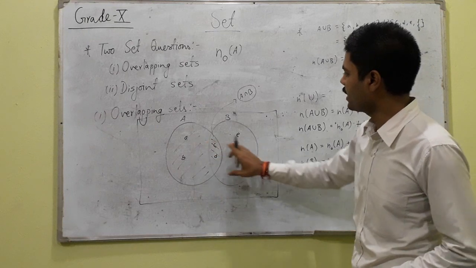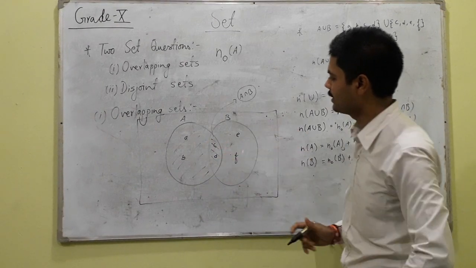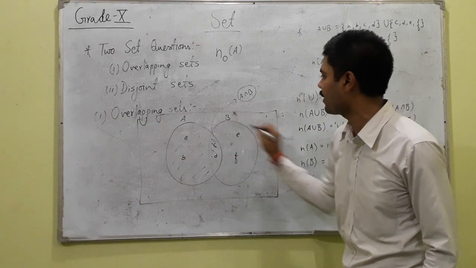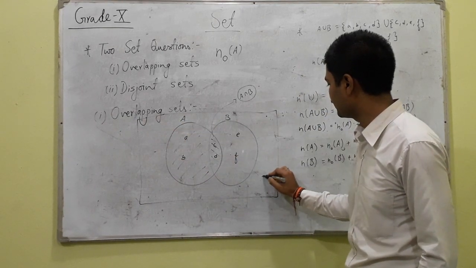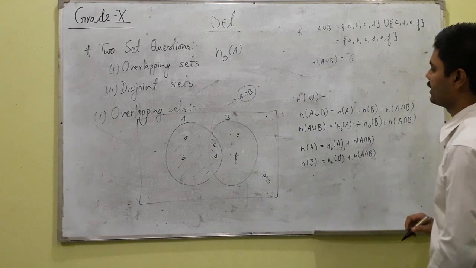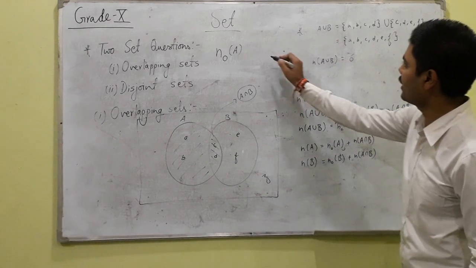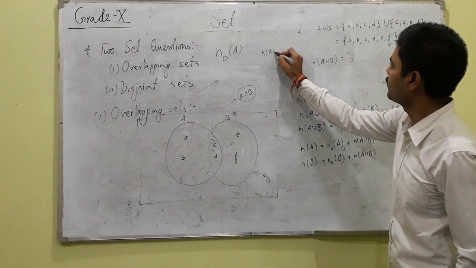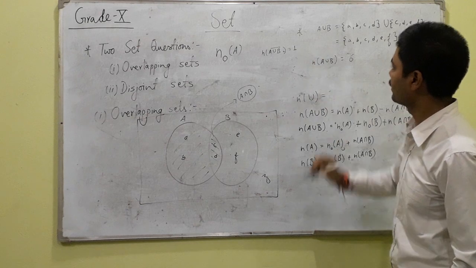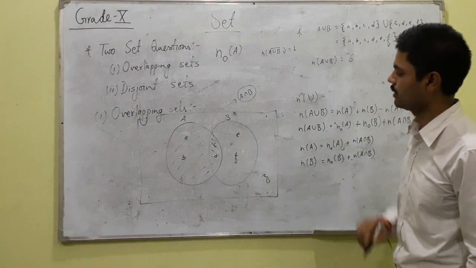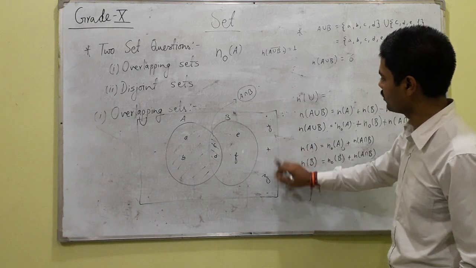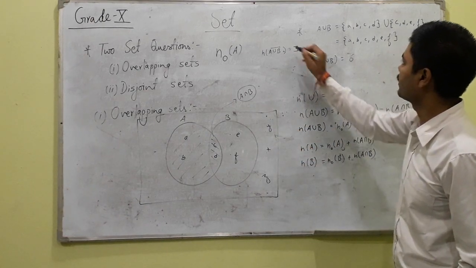And these are two planets, like they are colliding with each other, but this is the outer space and there might be some other elements found, like element Z. Then what is the identity of the Z element? The Z element is written as A union B complement. That is 1. There is only one element, so 1. If there are others like X, like Y, then 1, 2, 3, you will write 3.